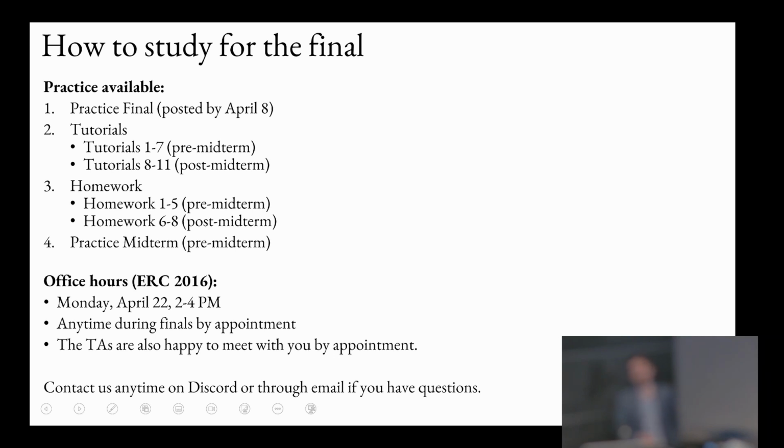The practice midterm will help you. The short answer questions will help give you an overview of the theory. You can also look at your actual midterm too. It's not on that list, but any questions on your midterm that you got wrong will obviously be really valuable pre-midterm study information. I'm going to hold office hours the day before your final at 2 to 4 p.m.,